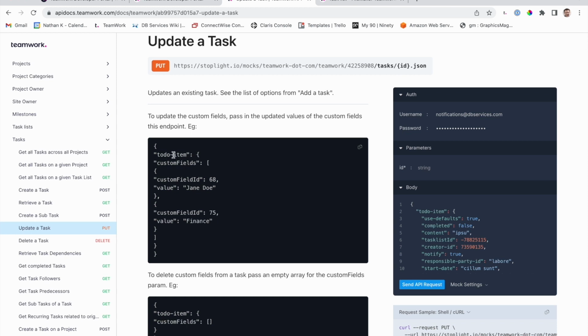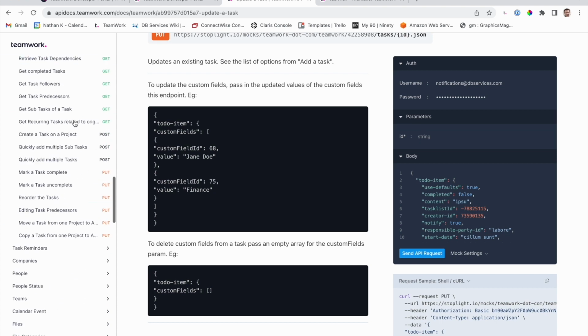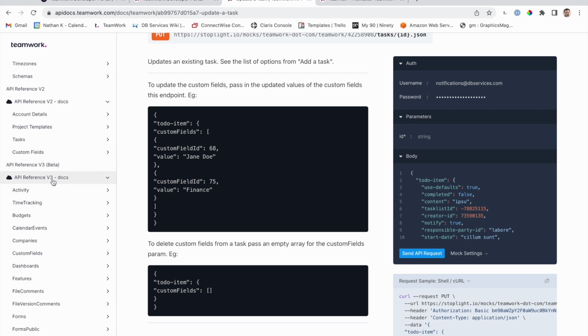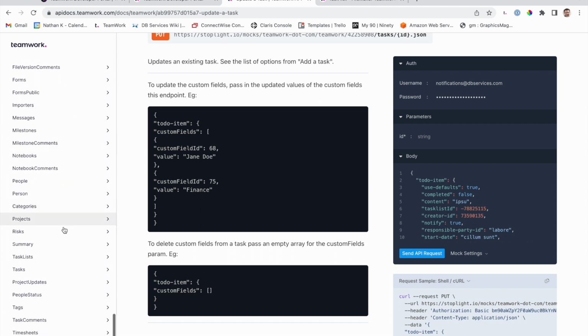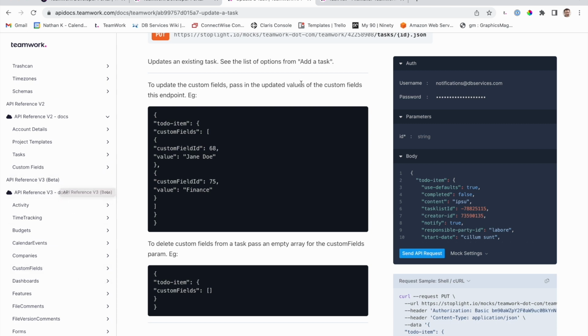Now, of note here, Teamwork in their version 1 API refers to tasks as a to-do item, which changes later in their more recent API versions, which are currently in beta, at least the v3, which does have some of the same actions for tasks. However, because it's in beta, these things are changing. We don't really recommend working with it yet unless you want to be keeping a constant eye on what those changes are in case they end up breaking something for you. However, the v1 and the v2 of the task updating work very, very well, and